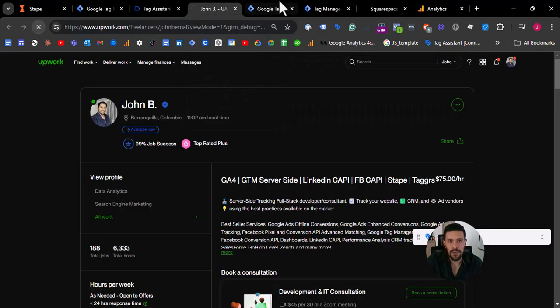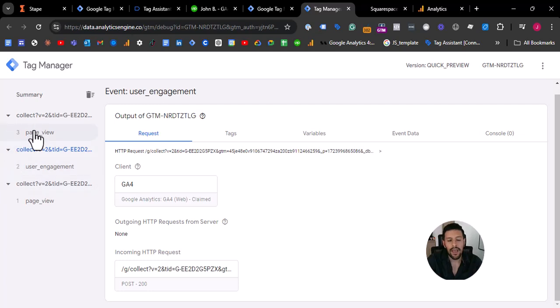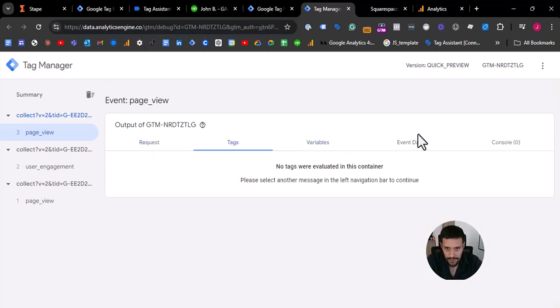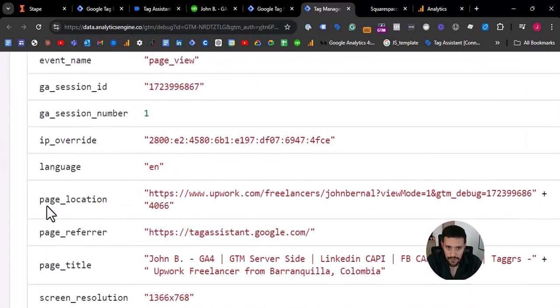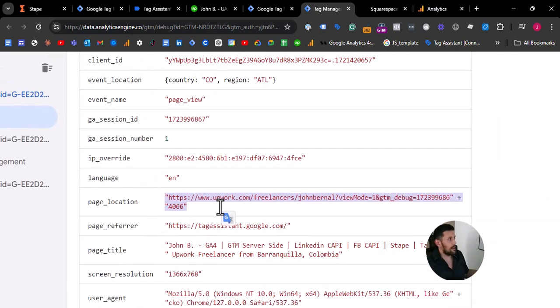Let's make a refresh, and you will see that the user engagement even appears. This happens when you refresh the page. All right, and next we have the page view. So as you can see here, the data is coming from an AppWork page. If I go to event details here, we should see information of the page location. This was AppWork. So sorry, I wasn't able to show you in my domain, but this is the same process